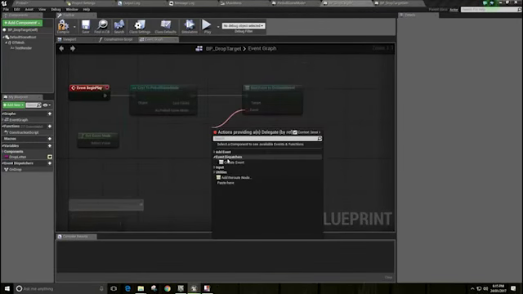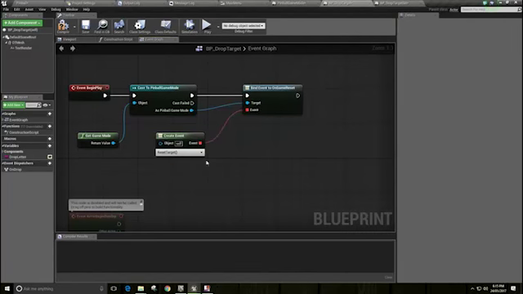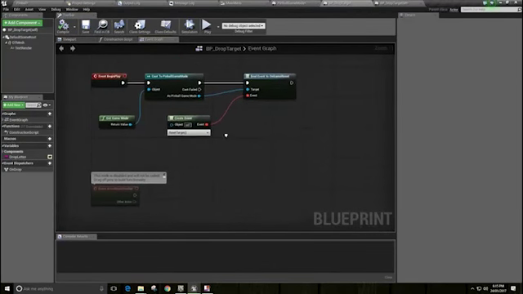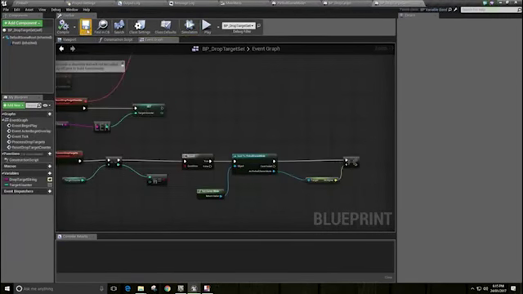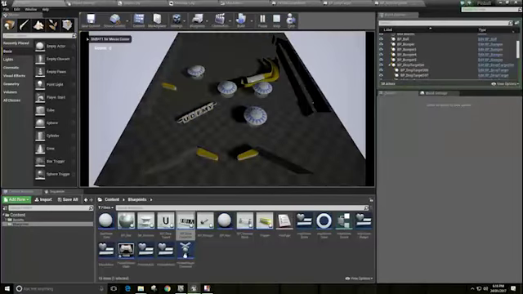We want to go event dispatcher, create event. And I'm going to say reset target, which is the function that we created earlier. I'm going to compile and save. So now when the game resets, all of my targets should also come back up to the top. So with that done, we should be ready to test this out. So if I were to hit play,